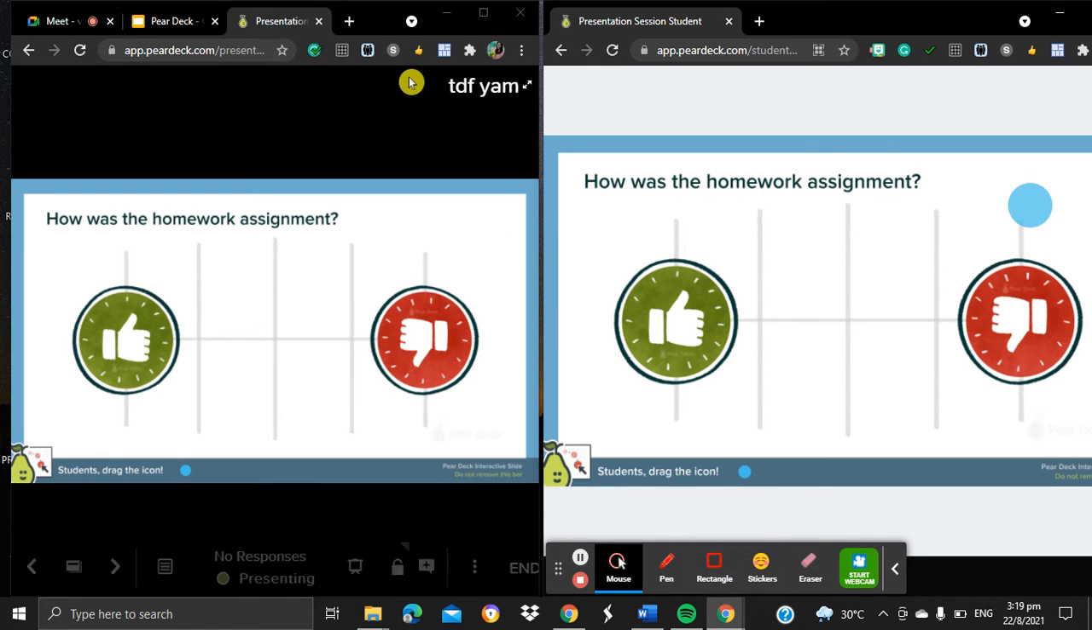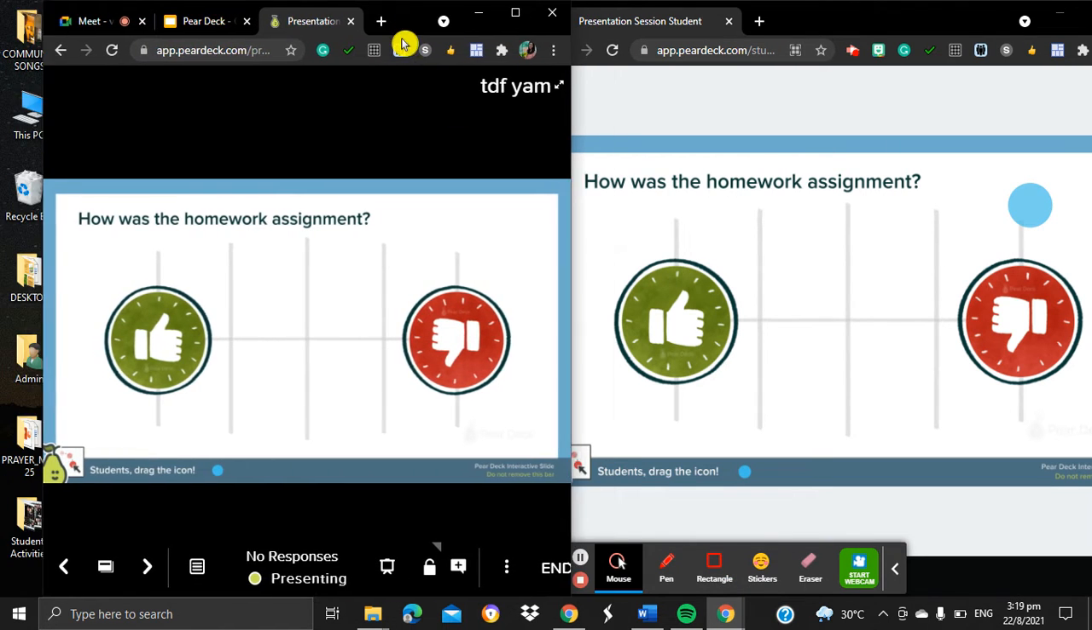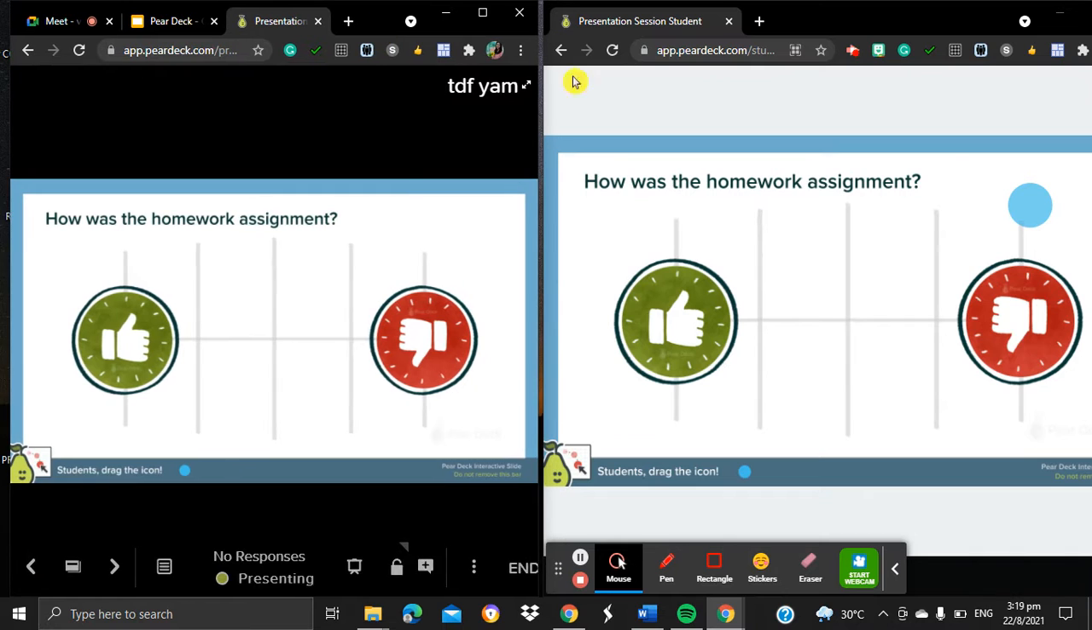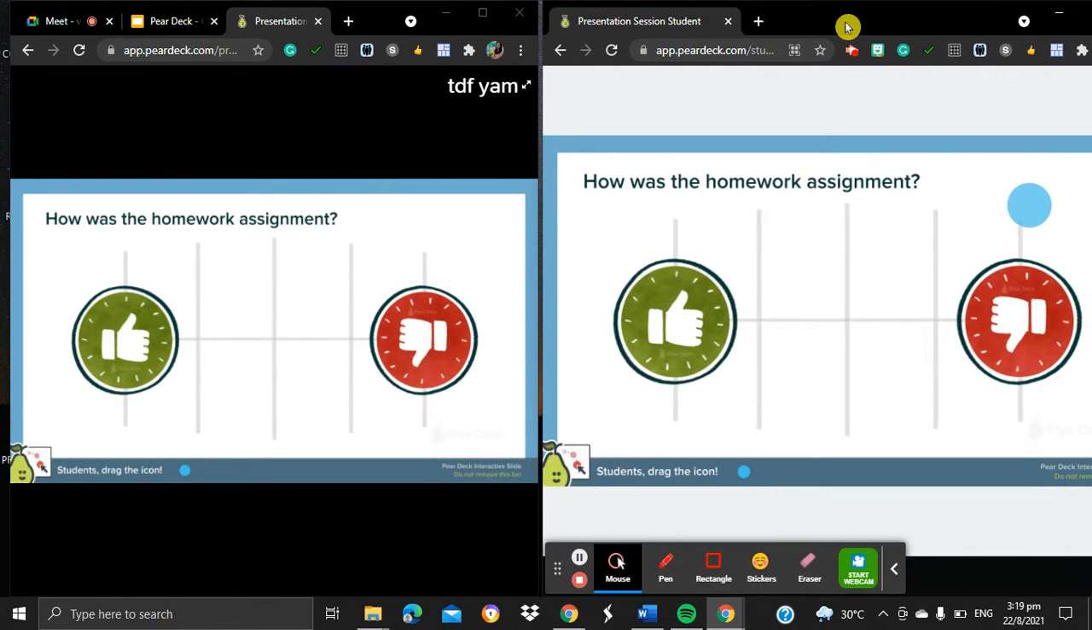Now, this window on my left is the teacher's perspective, and this window on my right is the student's perspective. Now, let's try to see and navigate how this Peer Deck will appear and can be used by our student. So, for the first slide, it says here,